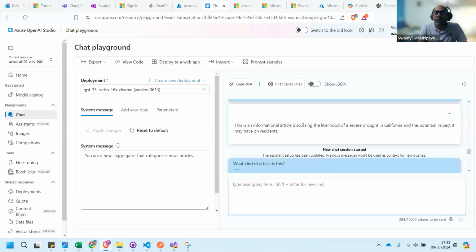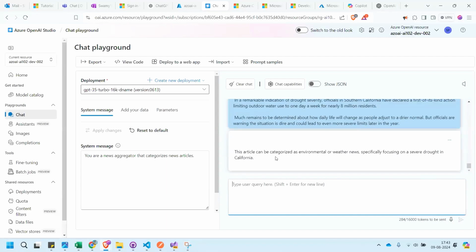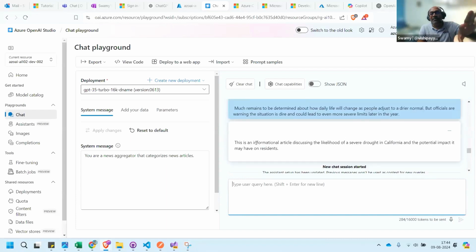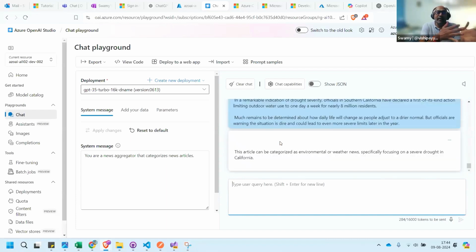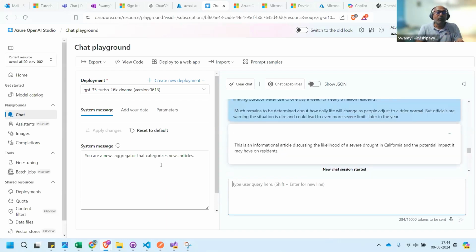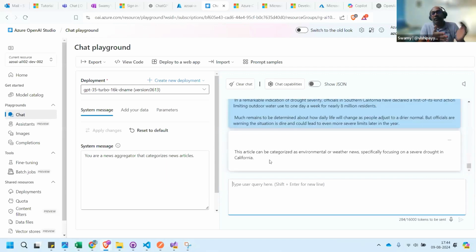This is an environment article discussing the likelihood of severe drought in California, categorized as environmental or news, because now it didn't give the descriptive answer, but it is very specifically trying to categorize the paragraph given, either the weather news or the environmental. But in the previous one, when we gave the paragraph to it, it gave some descriptive one. Now it is trying to categorize this particular paragraph between environmental or the weather news.